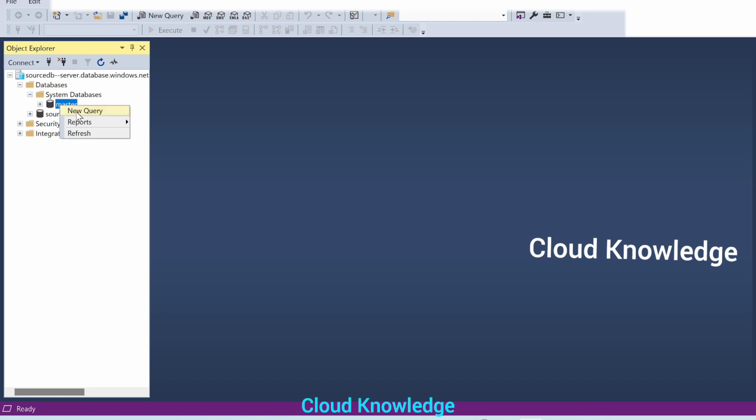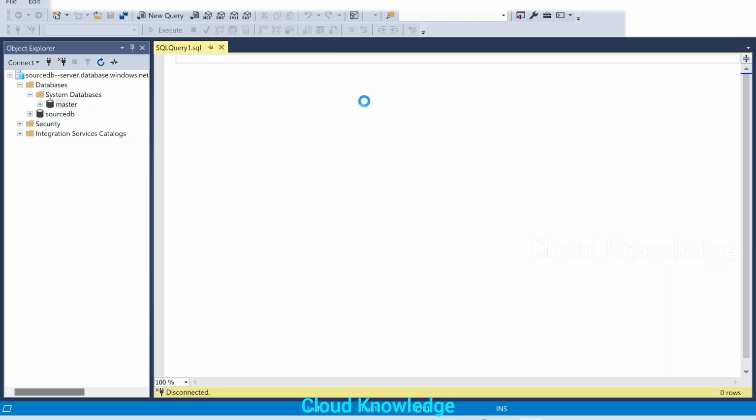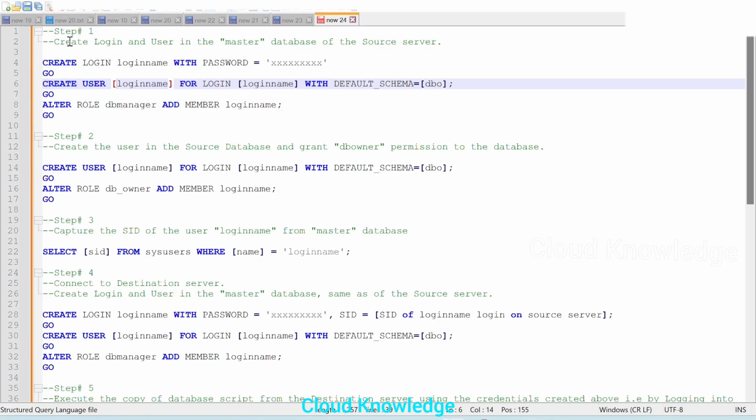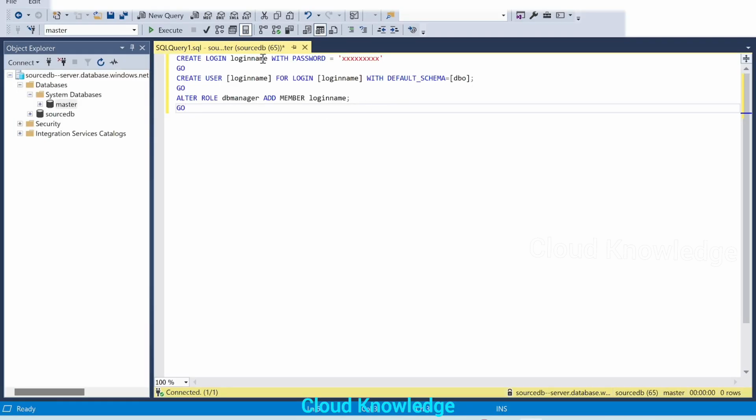We'll click on master and click on new query, and we'll copy the command here. The step 1 of the commands. Step 1 is to create login and user. For login, we have to give the login name. Let's give the login name as demo login with password.